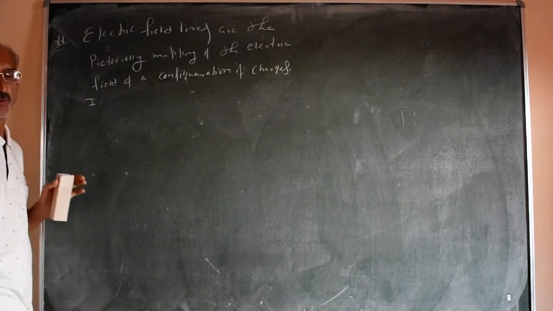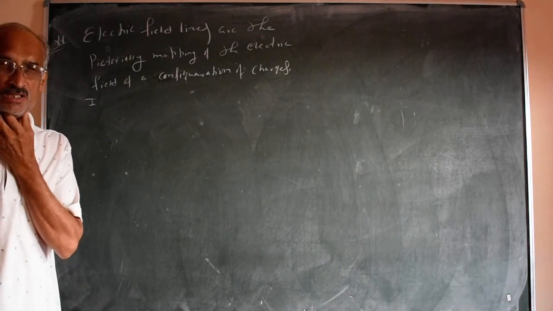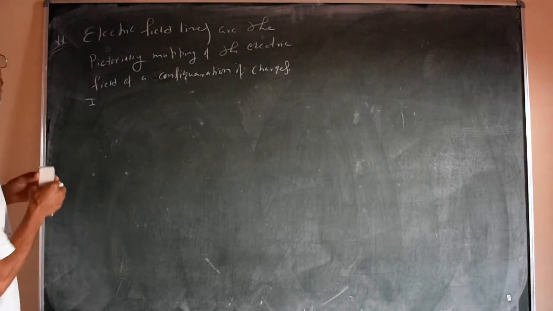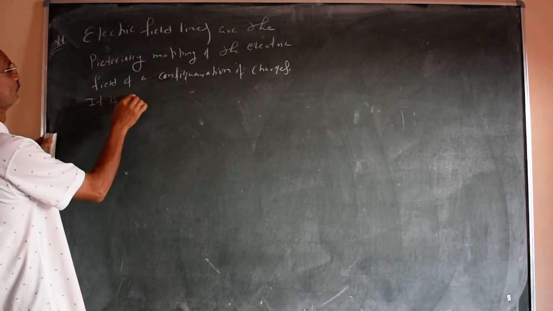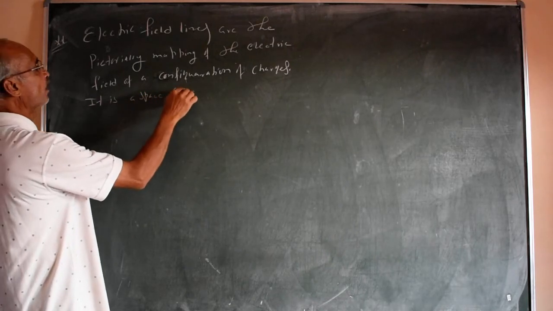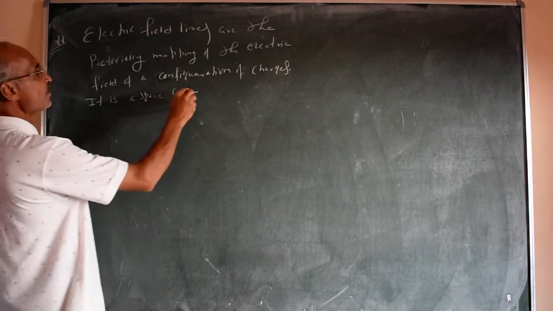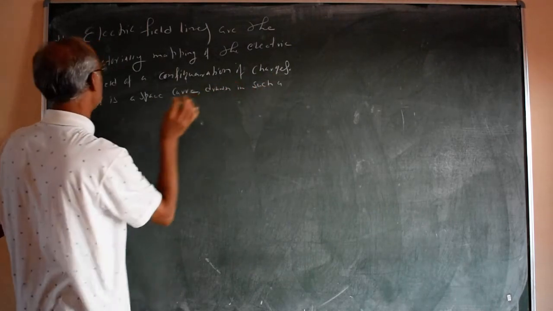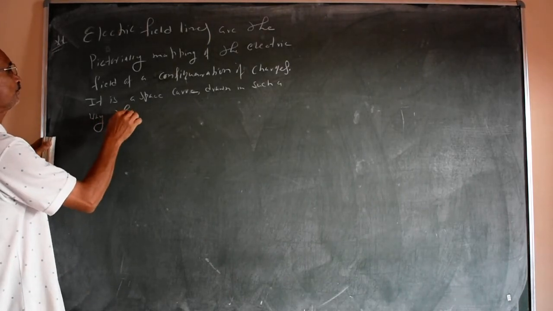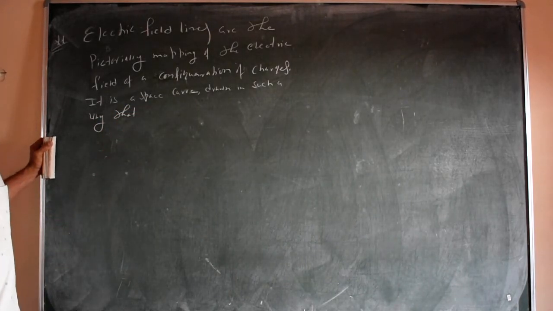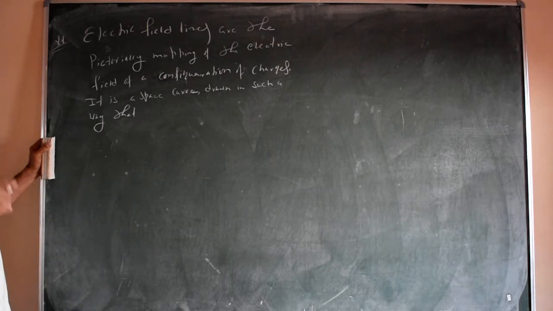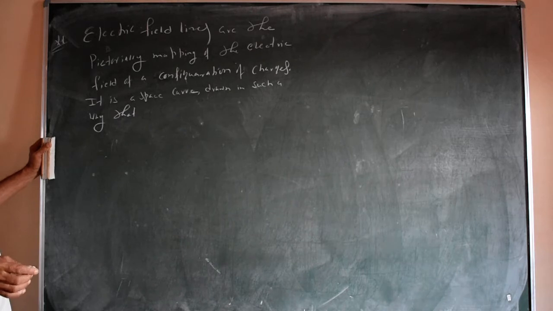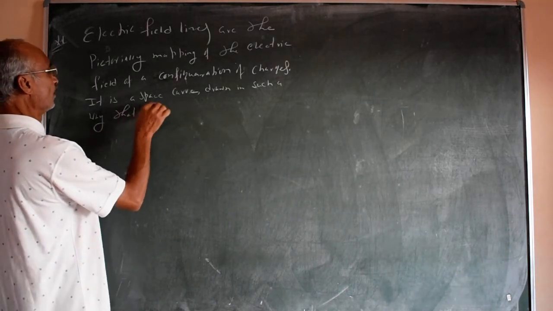It is a space curve actually, a curve drawn in space. The curve may be a straight line also. It is a space curve drawn in such a way that the resultant field which the configuration of charges produces is in the direction of the tangent to this curve, such that the resultant field